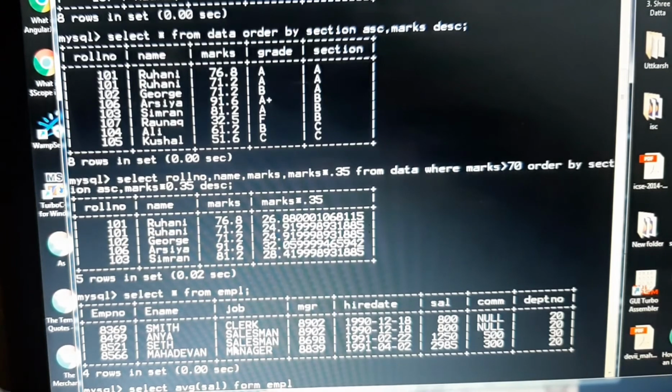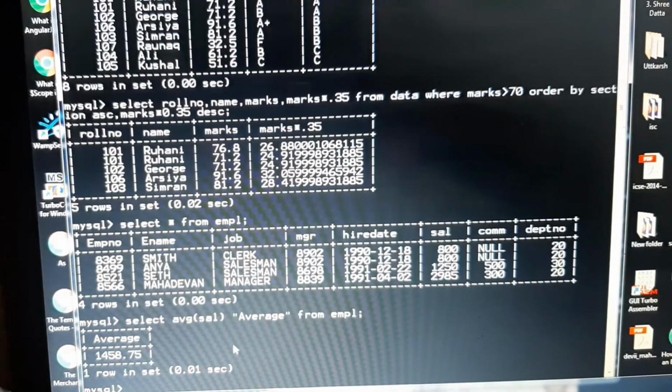If you want to write a heading with this, like average sal, and you give a heading average, so the heading will be given to the result from EMPL semicolon. So you can see the average has been given over here.